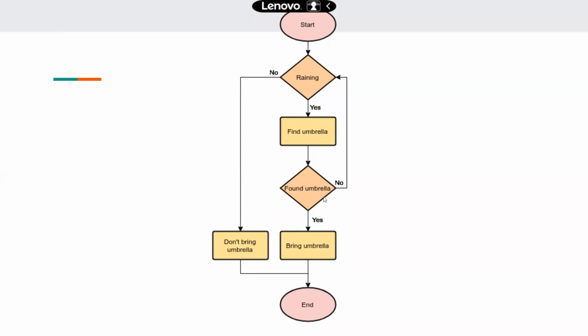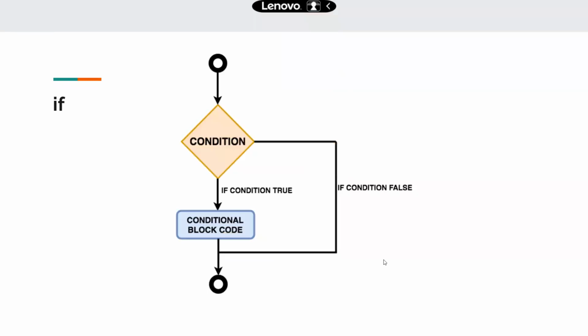Okay, now I need to go out. And if it is not, then go back and again ask whether it is raining or not. So you can make the flowchart in your own way. This is something like conditions. If I'm talking about this box, now this box is